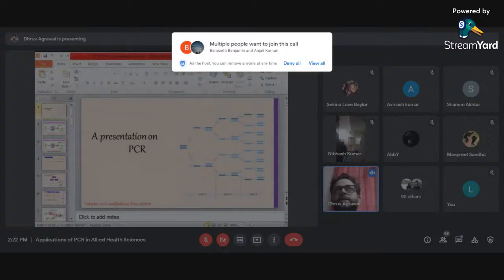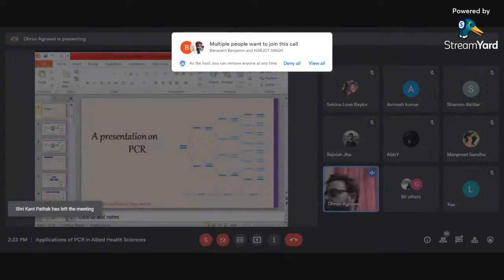So here you can see that there is one DNA molecule, and you are well aware that two strands of DNA are there. One is a forward strand and one is a reverse strand, right? Both the strands are held together through various hydrogen bonds, right? So this is the process through which we will process our one molecule of the DNA, and ultimately you will get multiple copies of the